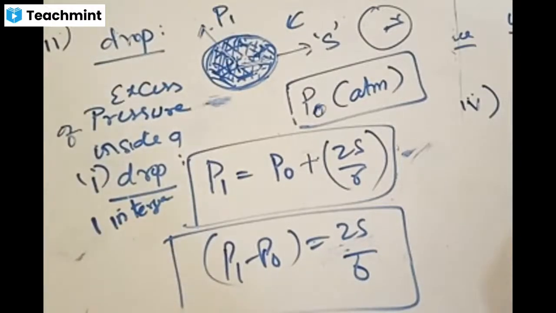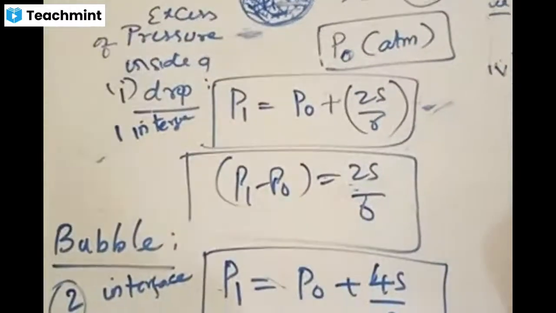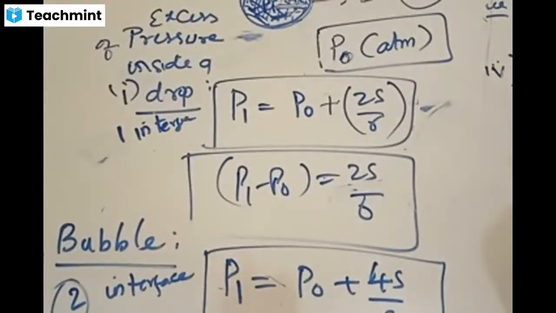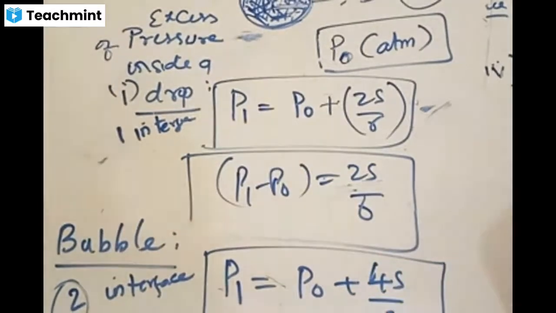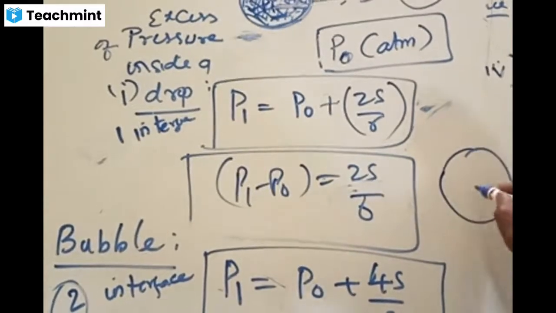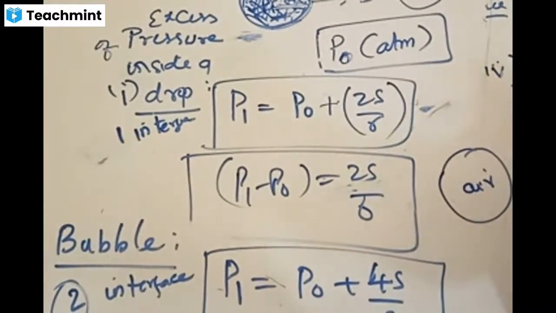But what do you mean by a bubble now? When we were kids, we used to blow soap bubbles, right? When we go to exhibitions and all, we see people playing with bubbles. You take soapy solutions, blow air on that, and it forms a bubble. Check this diagram. A bubble is what I'm drawing here: inside it is air, outside is also air, and this is a liquid surface. Yes or no?